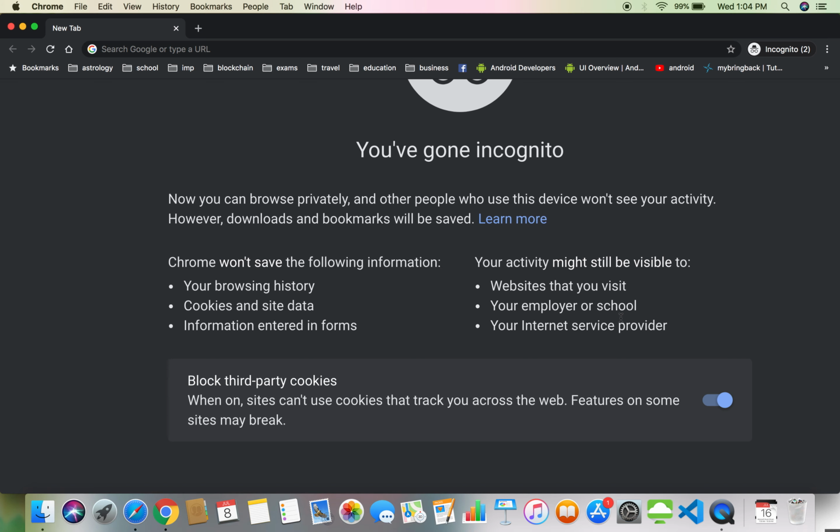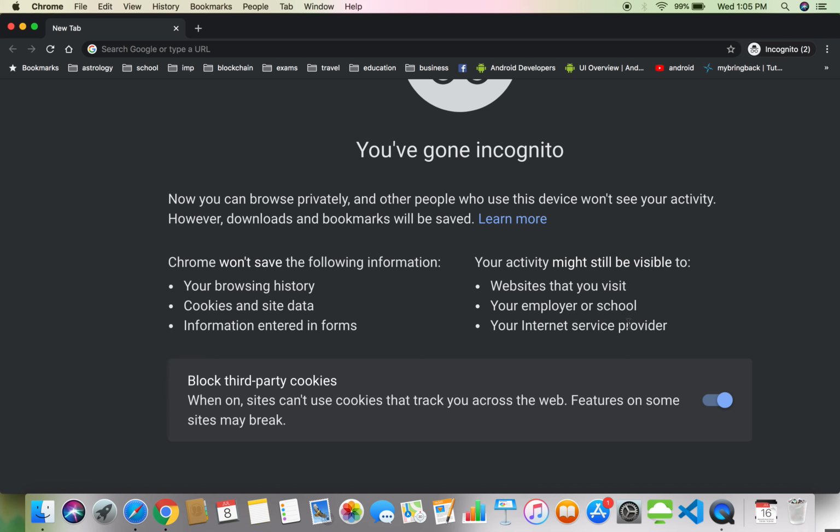using incognito mode Chrome. In that case, your office IT department will be able to know, or the school department will be able to know what all sites you are visiting through Chrome, even if it is incognito mode. So that restriction is there. Like in that case, if you're in an office or a school, those details will be visible to the authority, and also your ISP.